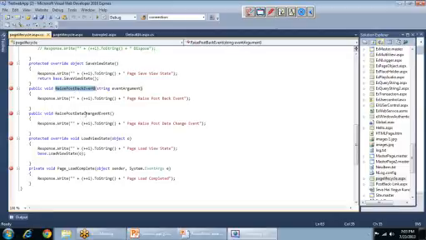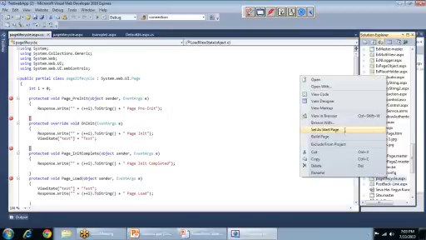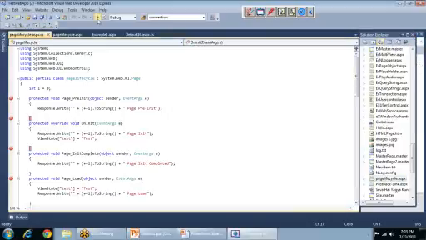So raise post data change event happens when we have the post back. In a normal cycle, it will not happen. Load view state and page load complete. Okay, so these are the different events which we have discussed. These two events are only called when the post back is happening. Okay, so I have a request for this page to the server, and we'll see the sequence.